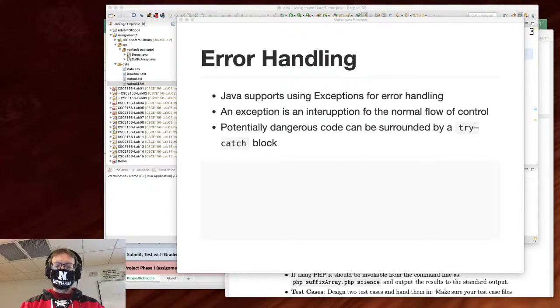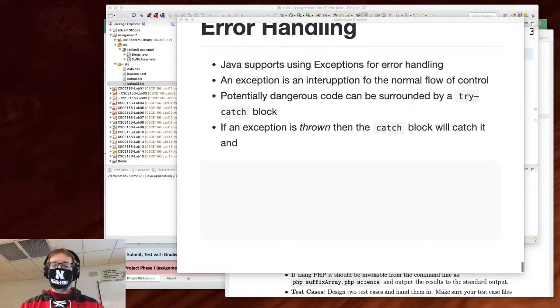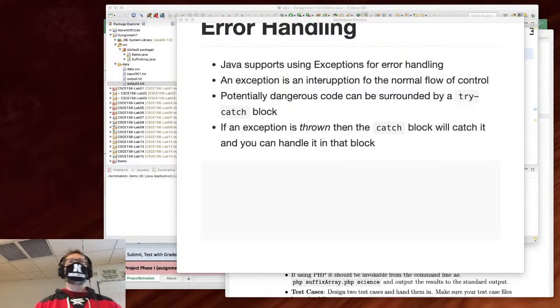If an exception is thrown, and we use the keyword throw if we ever want to manually throw an exception, then the catch block will catch it, just like it says on the tin, and you can handle it in that block, right? For example,